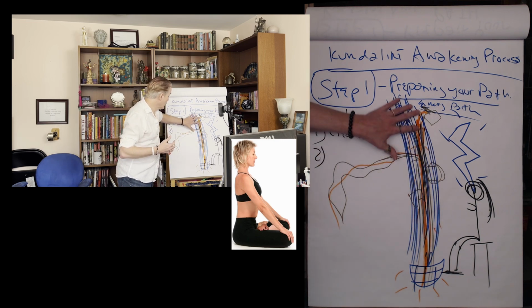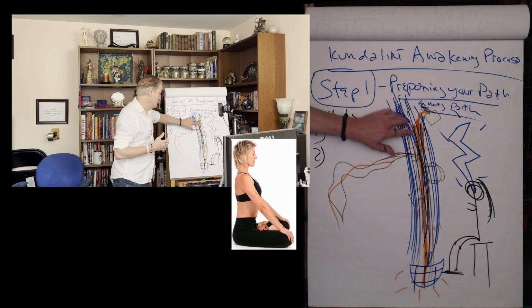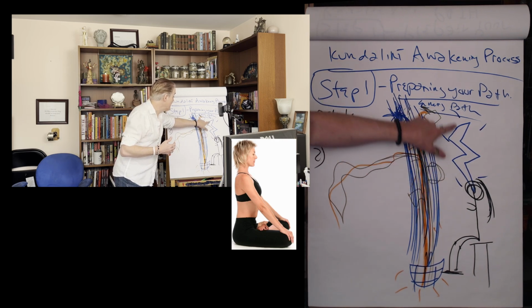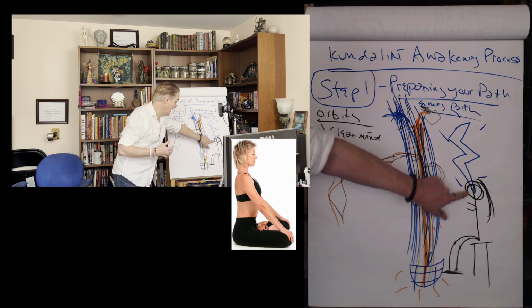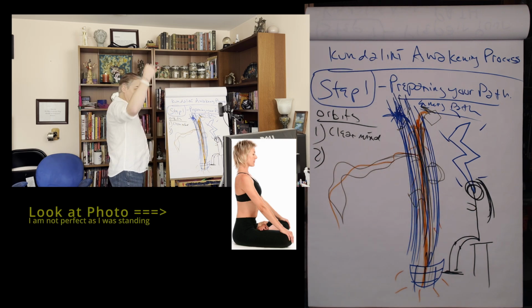Kundalini, because we're preparing a very specific path, because you want to make sure this goes through a very specific path up the spine, your spine must be perfectly erect. So imagine there's a string attached to your head. It's going to pull your head up a little bit so your spine is completely straight and erect as you're sitting, right? And then it's all the way down from the top to the bottom. Your ears, almost like grab your ears and pull them straight up like little elf ears. Pull them straight up. And so you have an erect spine.